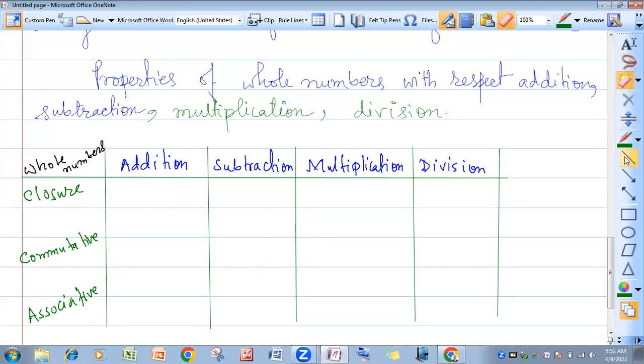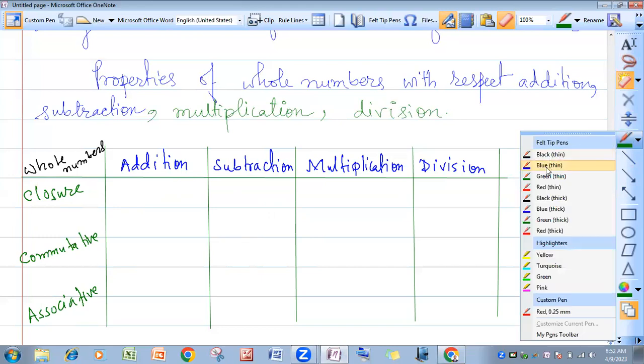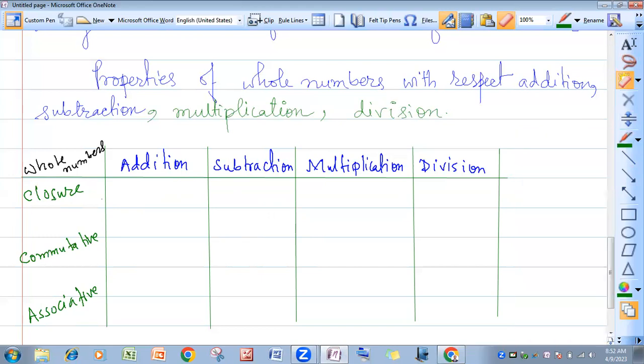So how do you understand that? For that, we have to check with two whole numbers. If you take two whole numbers, their sum will always be a whole number. So with respect to addition, it always satisfies the closure property. But with respect to subtraction, it will not satisfy the closure property, because